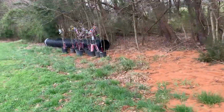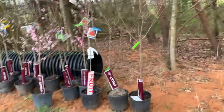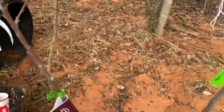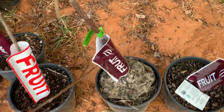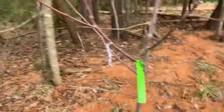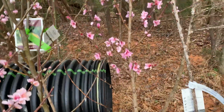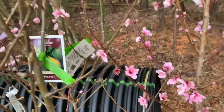if you guys have thought about getting some trees, I'd go out and get them now while you got a great selection. Beat the crowd. So these are waiting in the wings to plant. I've had these out here for about 2 weeks now. Lots of different varieties. There's apple, Honeycrisp right there. Another cherry tree. Gets big. This tree, for whatever reason, the cherry tree cost quite a bit more. It's like 40 bucks. The rest of these at Rural King were 29, most of them. There's another cherry tree. Again, a lot of them require cross-pollination. There's a peach tree right here, a pear tree, nectarine tree,